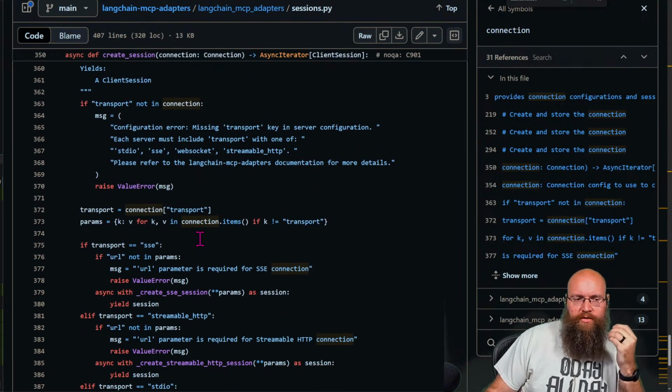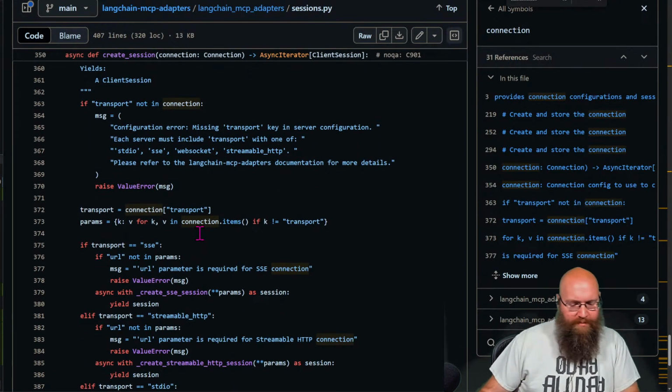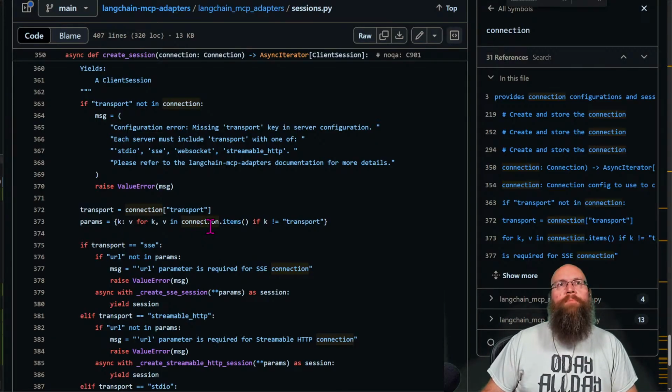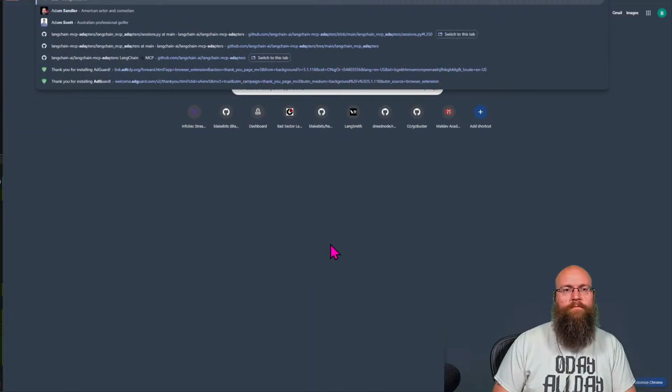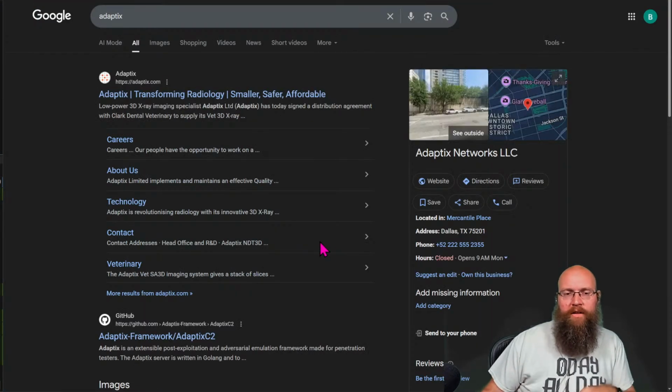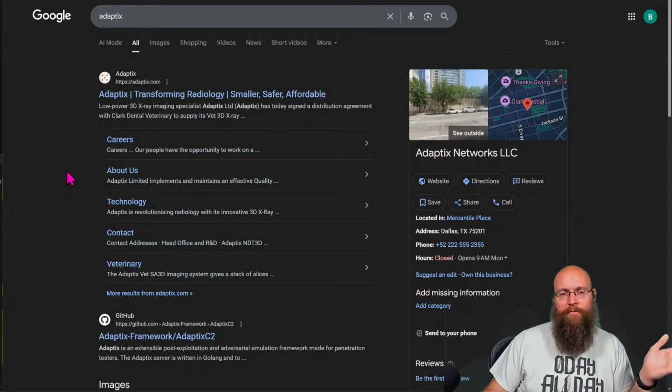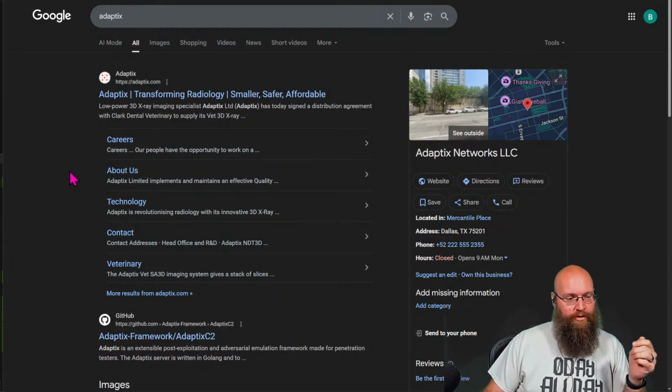This creates our session here. Adaptix. You know what? Let me take a quick peek at Adaptix, because I've not looked at Adaptix. Also, Rev, have you thought about looking at Havoc? Havoc could be another possibility. I would be surprised if Havoc did not have a TCP profile that you could use.